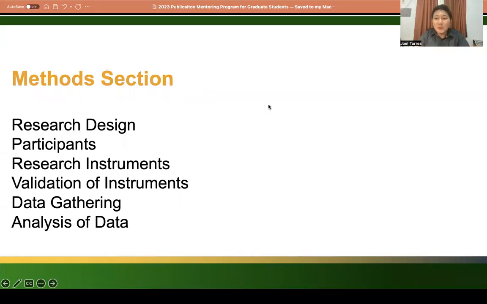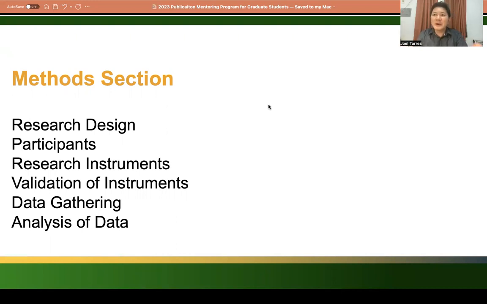Okay, next, it's also important that you write the method section right. Okay, sometimes when you are in the method section, it seems that you already consume so much of your energy in writing the introduction, and you tend to do the method section briefly, or you tend to rush when you're in the method section. But it's equally important that when you reach the method section, you have to again walk us through,